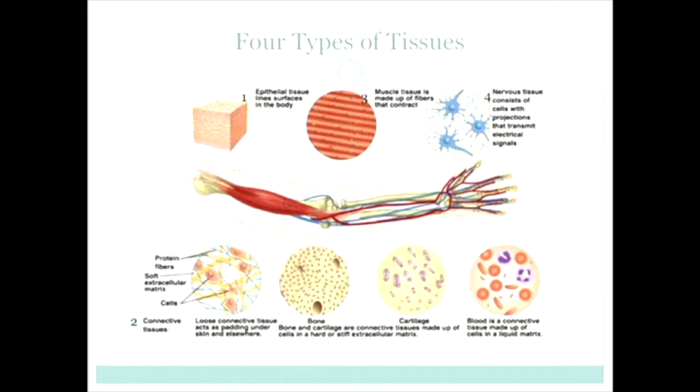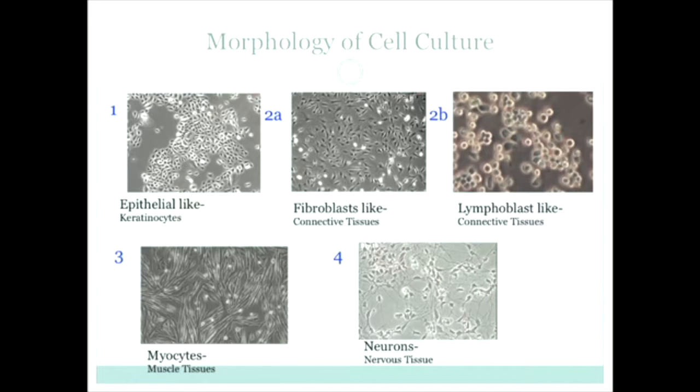Under the microscope, you can see what different tissues look like. So that is epithelial tissue, and we can culture all these kinds of tissue. It's epithelial tissue, looks like that, muscle tissue, and neuronal tissue, and the biggest part is connective tissue. By morphology, cells in culture might be divided into groups, and I brought a picture so you can see exactly what different tissues and their cells look like.